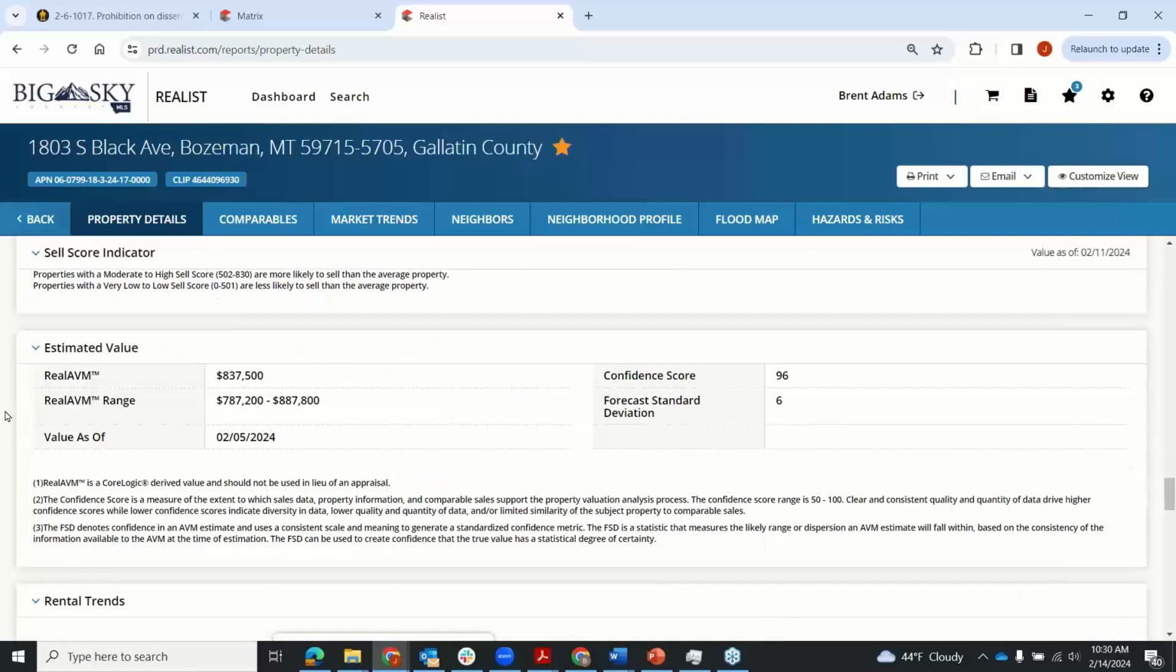Another value we put on these properties is an estimated value, $837,500. It's what we think this property would sell for if it were to sell today. And we don't just give you this value and let you run with it. We tell you, is this a good value or is this a bad value? Do we have enough information to make this a good AVM, automated valuation model? And the answer is, in this case, we do,